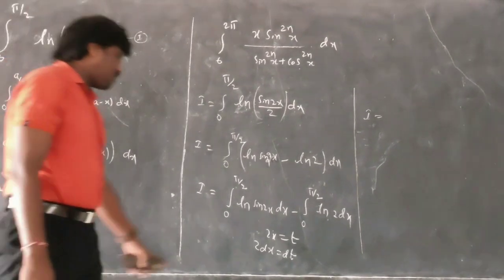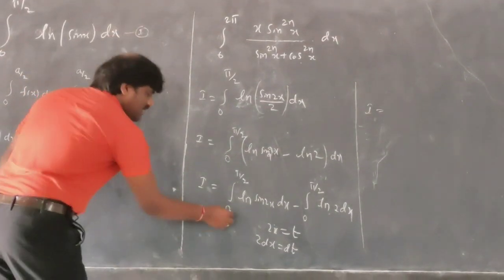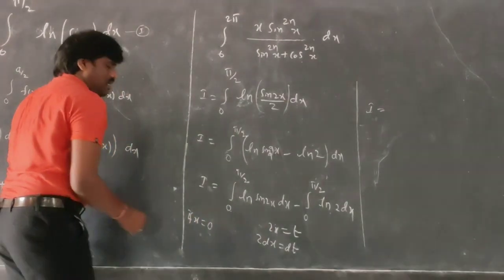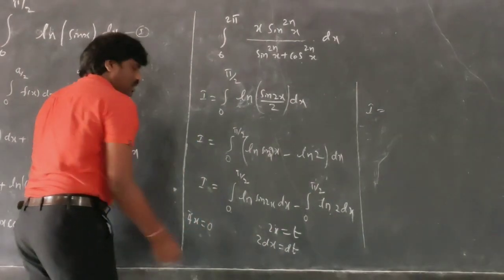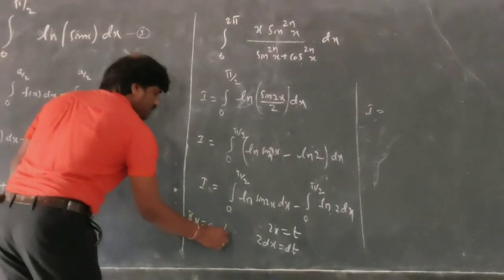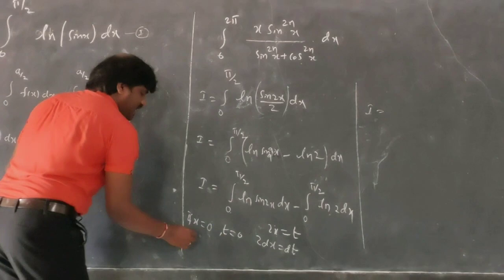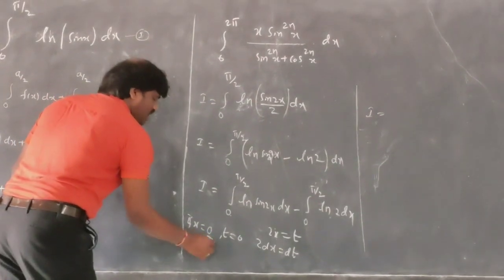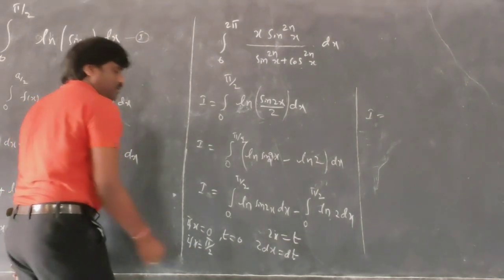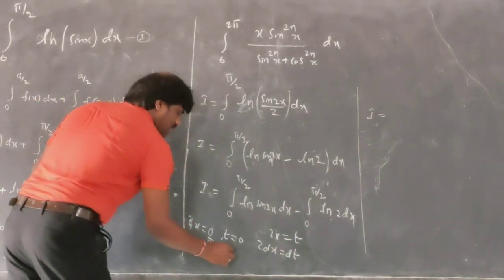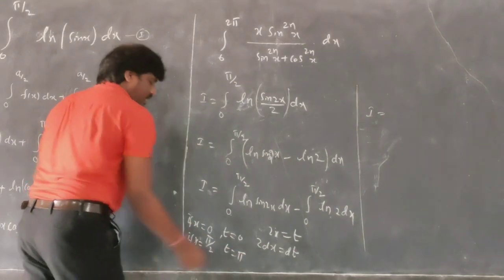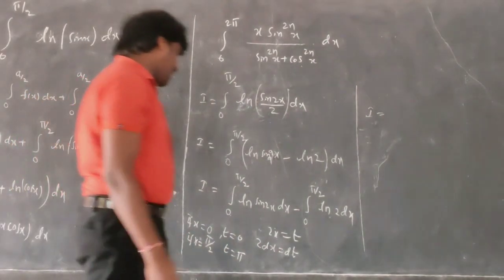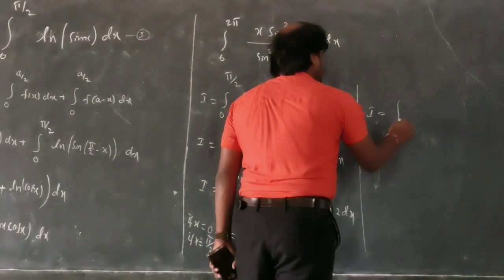Okay, finally what I am going to get here: when I use the substitution method, if x is equal to 0, then t is equal to 0. If I take x is equal to pi by 2, then t is equal to pi. Are you getting it here? Pi by 2 gets cancelled, so t is pi. So I am getting I is equal to integration 0 to pi